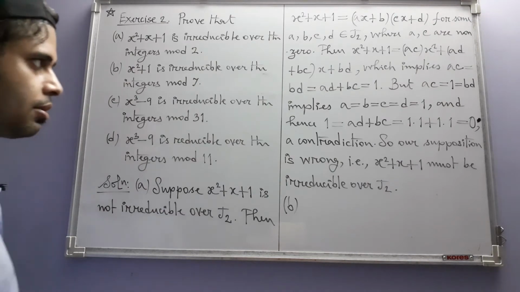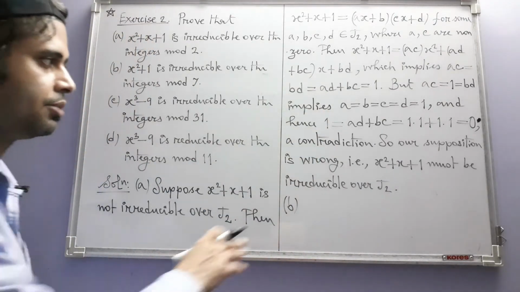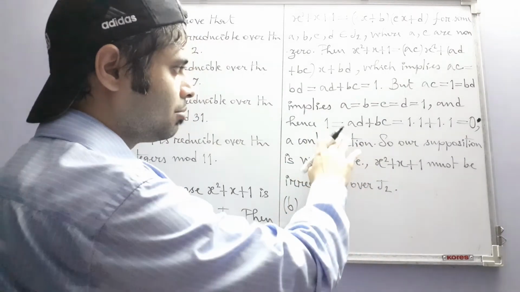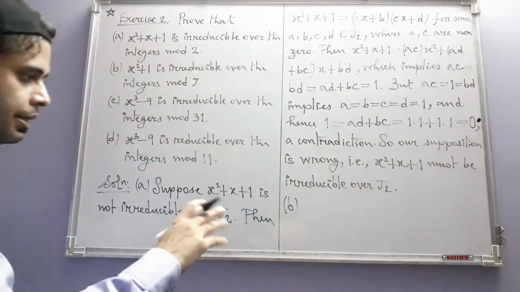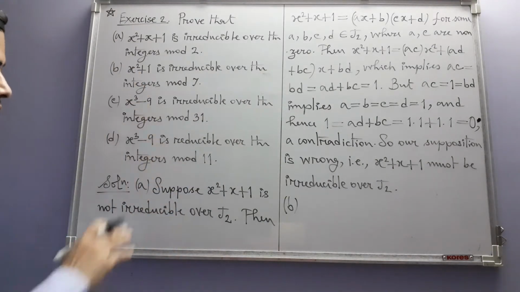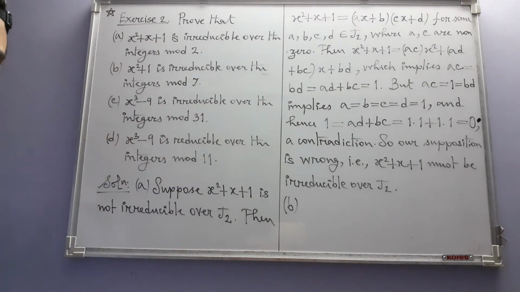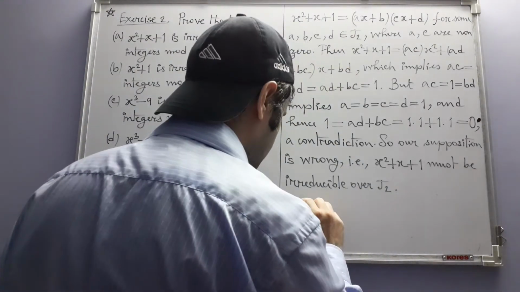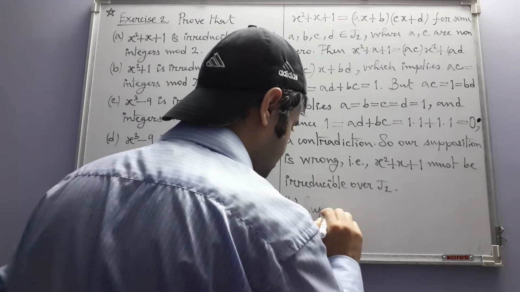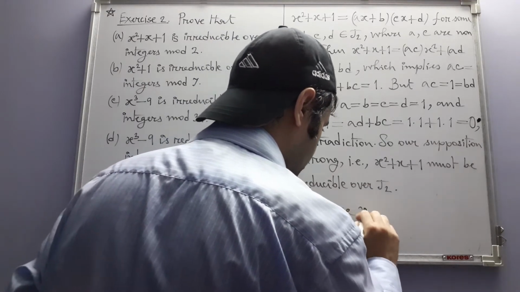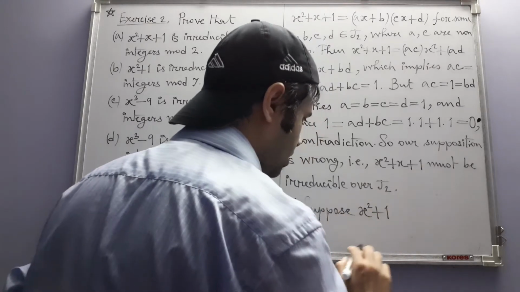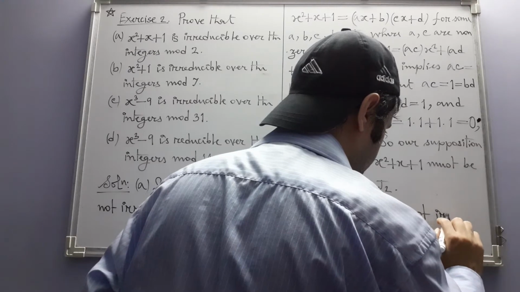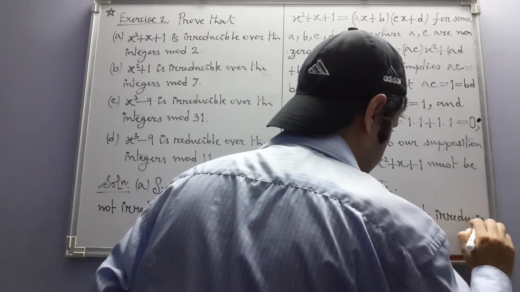Here the argument has been quite straightforward. I mean, we did not have to work too much to get this contradiction. In the next part, or the part after that, there we have to do some more calculations to get a contradiction. So suppose x squared plus 1 is not irreducible